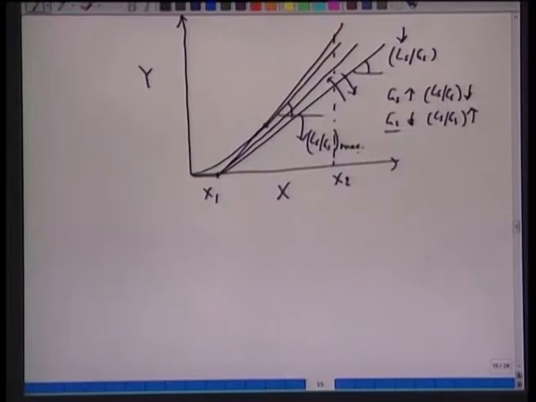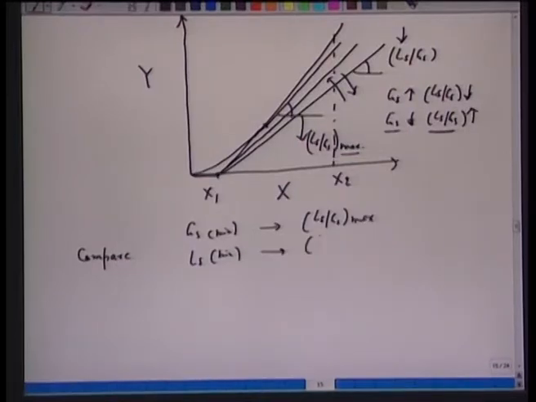So this point where it makes a pinch will give us LS by GS which is maximum. So make a note here: LS is the numerator, GS is the denominator. Okay. Now we are getting a slope which is maximum. We are looking for GS min, which we obtain from LS by GS maximum. Compare this to the previous case where we had LS minimum, which we obtained from LS by GS minimum. Okay.